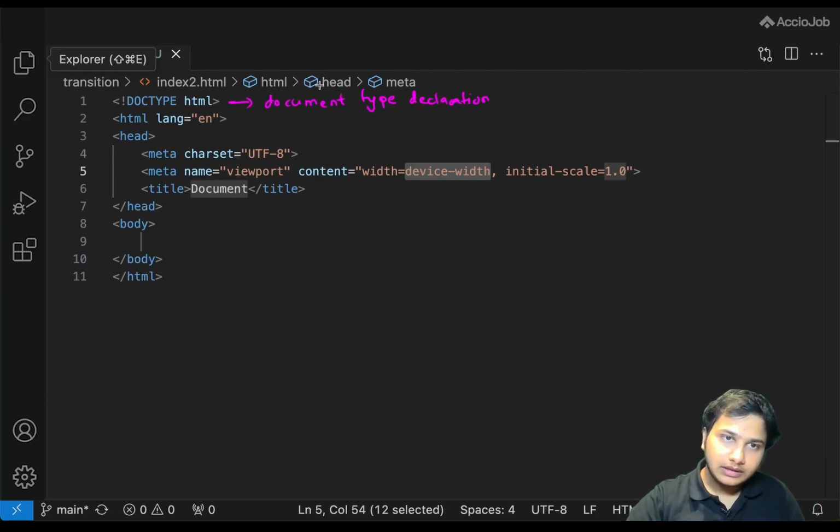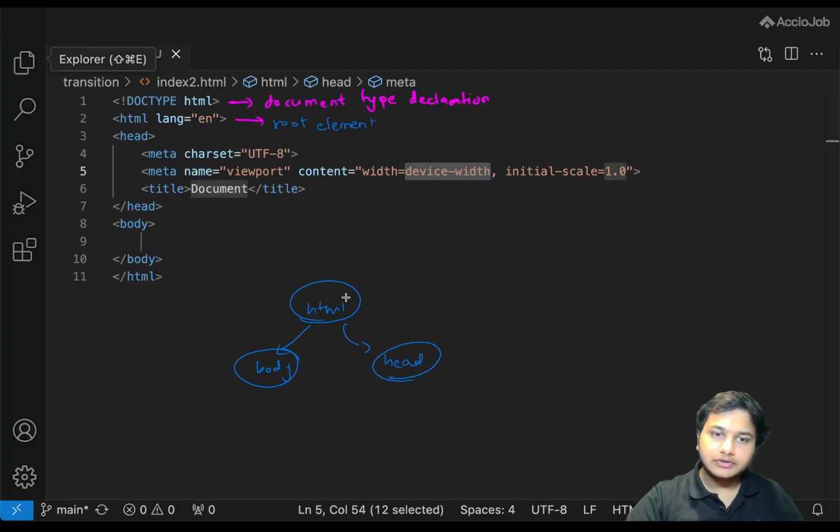Now here is the next line, and it is super interesting. The next line is html lang equal to en. This is the root element of our entire page. As you can see, we have an HTML tag, which is one node. Inside it we have a body, and we also have a head tag. So this is the root of the tree structure that is getting formed, and inside the body we'll add